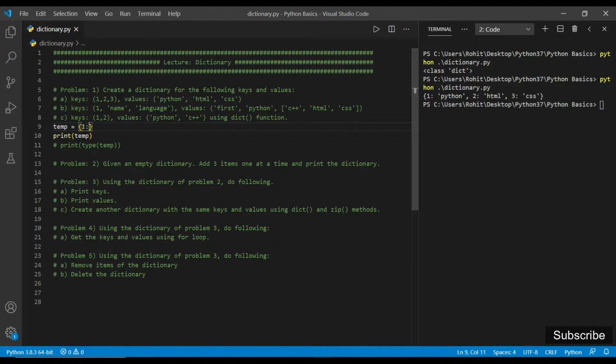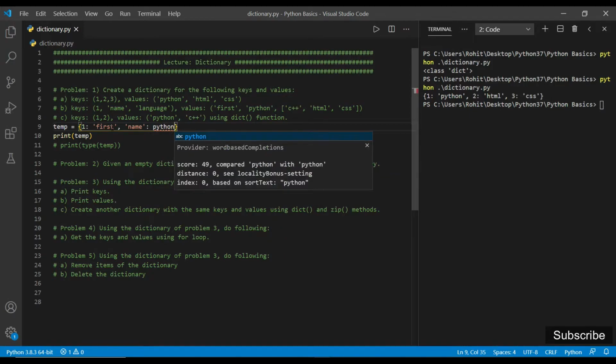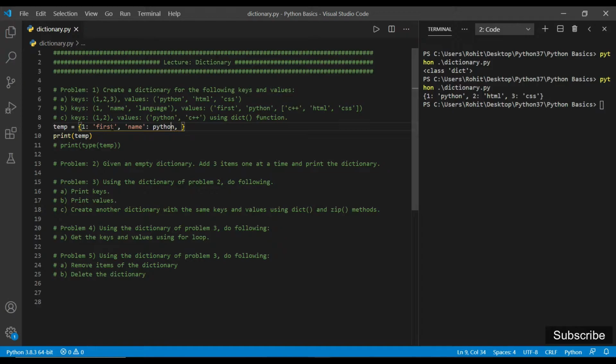So we have key as 1 and its corresponding value is a string first, and now we have a key that is a string. So we write inside inverted commas, name, and its corresponding value is Python, and we have to provide inverted commas here.